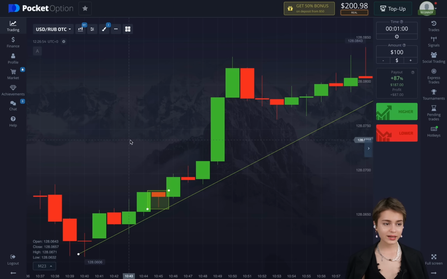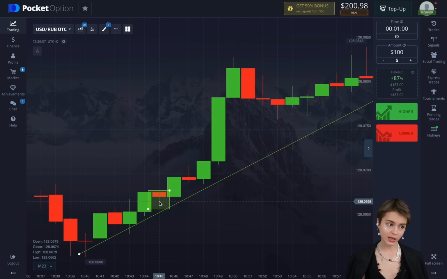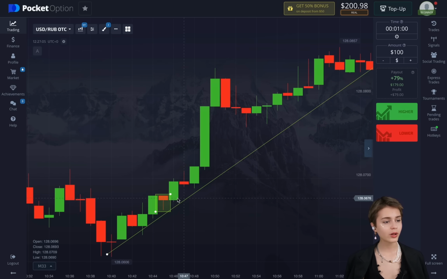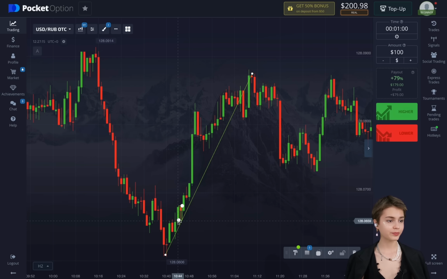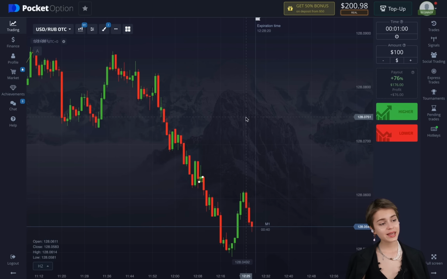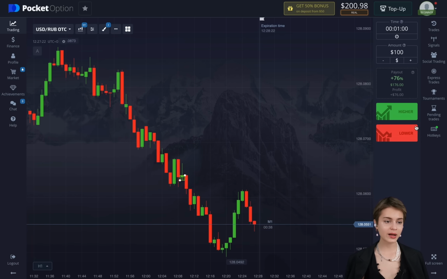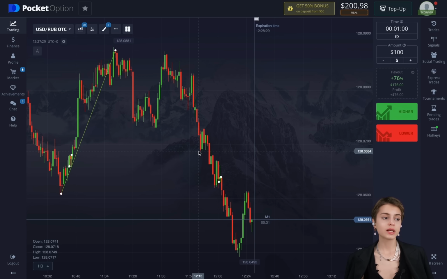If we zoom in, here's this candle, we have a tail pointed up, yet it is small, but it's enough for us for having a signal, and after which we can open a deal with higher. With higher because it's an uptrend and we trade on a trend. Here vice versa, the trend is a downward one, then we trade with lower. The most important thing is we're trading on a trend